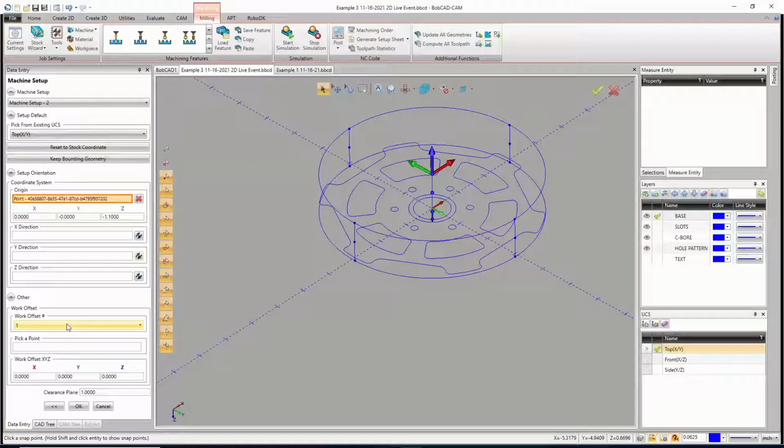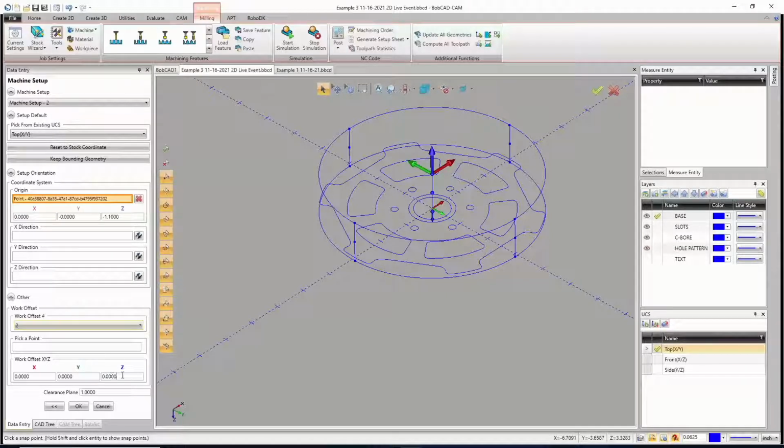If you had specific jaws made for this, and they're taking into account that the part is 100,000 smaller, you could go in and let's say work offset number 2, so that'll be a G55. If I was doing a bunch of these parts, or maybe 2 at a time, maybe I started on one vise, I flip it over and shove it in another vise, and now I'm running 2 parts at the same time, a rough on the top side and a finish on the bottom side,